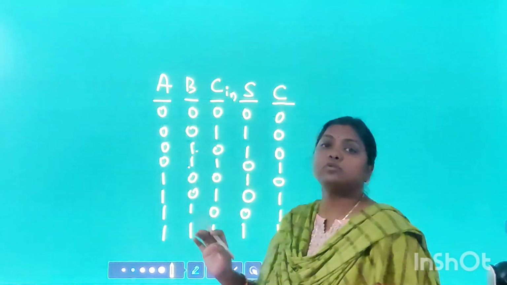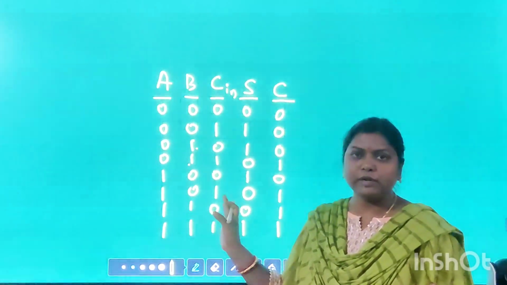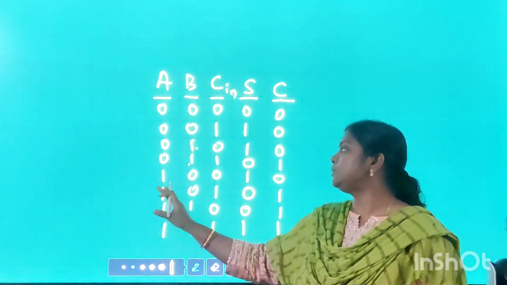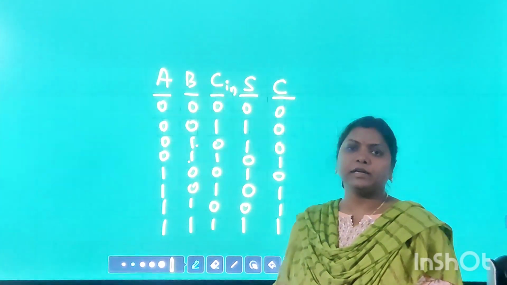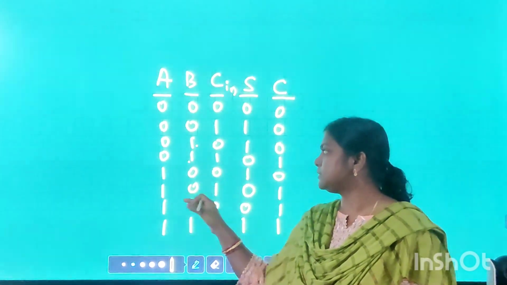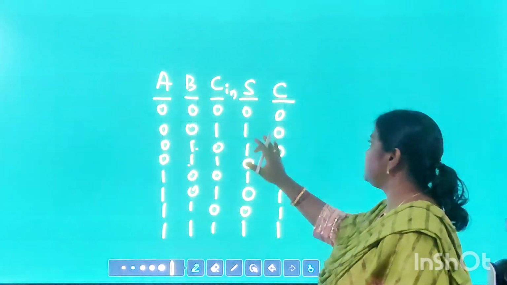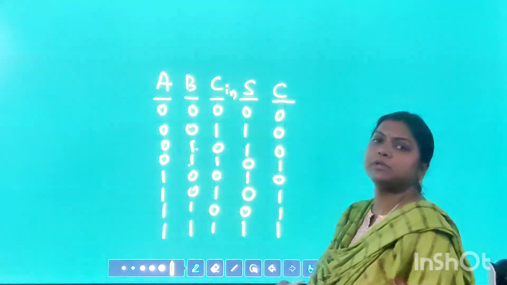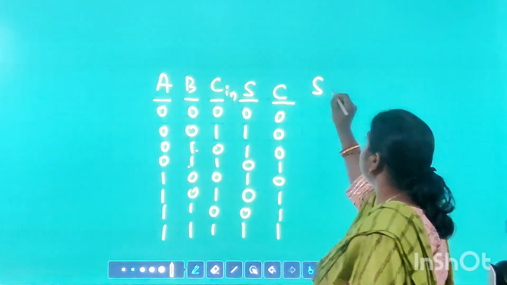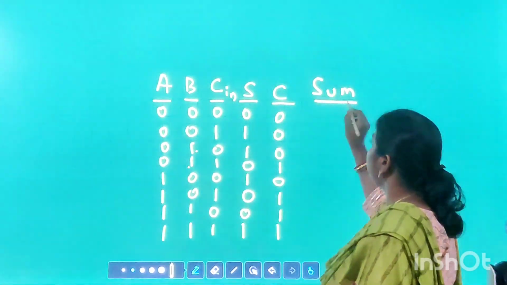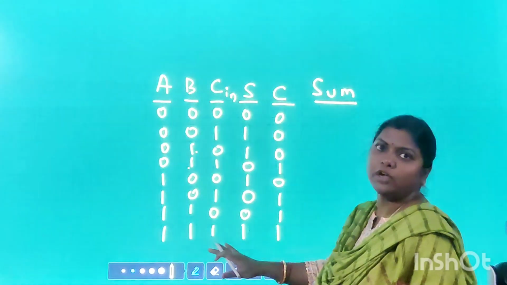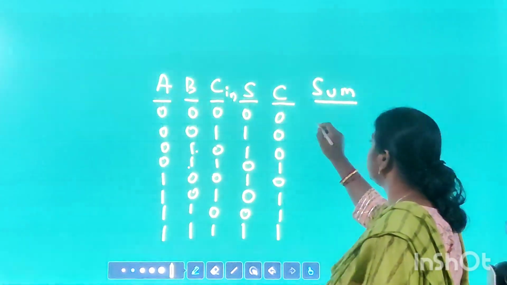So now this is the truth table for the full adder circuit, in which more than 2 binary numbers can be added. So we need to design this to perform the addition operation. To design this, first we will simplify this truth table. First I will go for the K map of sum. So how will we get the logic circuit for this full adder circuit?